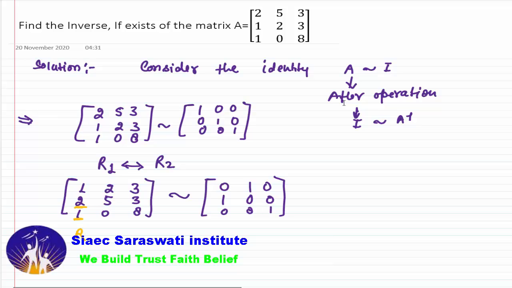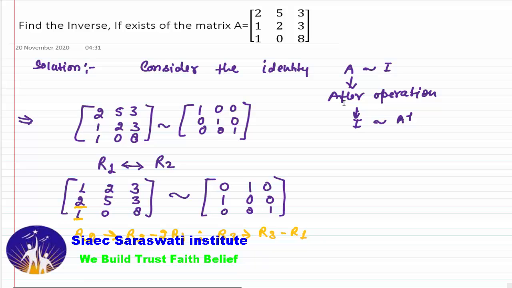So the property will be that R2 implies R2 minus 2 times of R1, and next property will be that R3 implies R3 minus R1. So यहाँ R1 की मदद से R2 और R3 के एलिमेंट्स को मैं 0 बनाऊंगा।